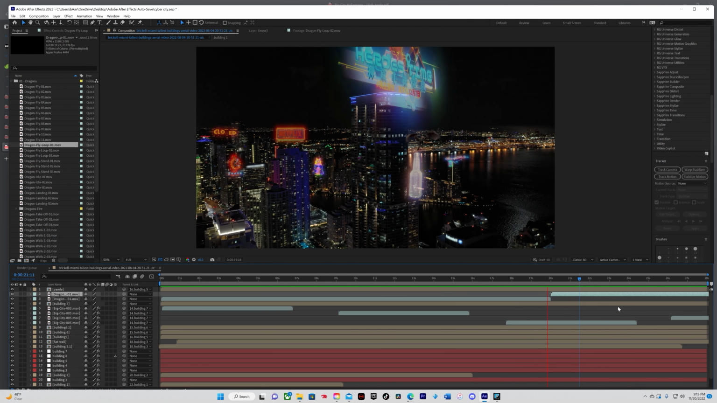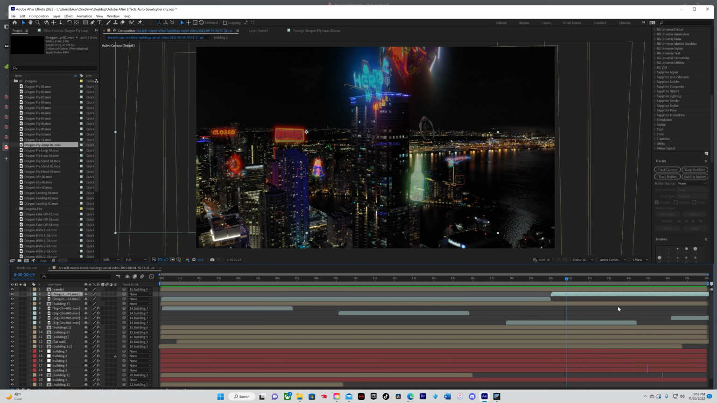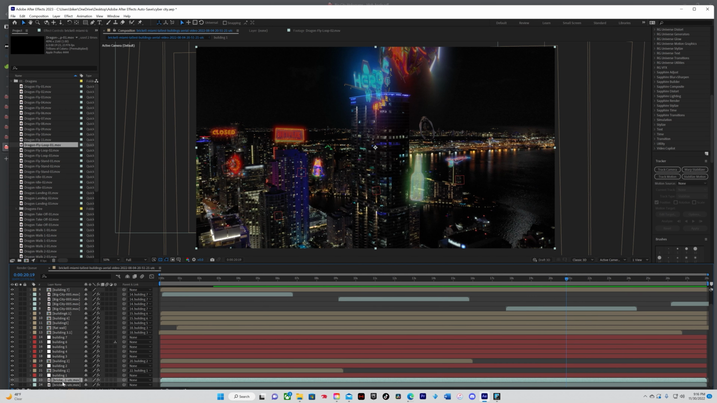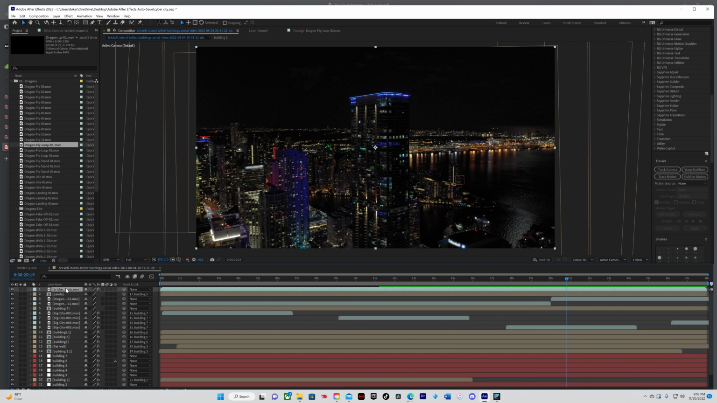We don't want that. We want the Dragon to fly behind the buildings and go around them and then circle back at the end and fly in front of the sign. To do that, we're going to have to mask out these buildings so that it appears that the Dragon is flying behind them. So the first thing we have to do is duplicate the bottom layer, bring it all the way to the top,